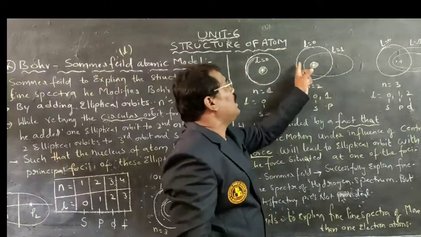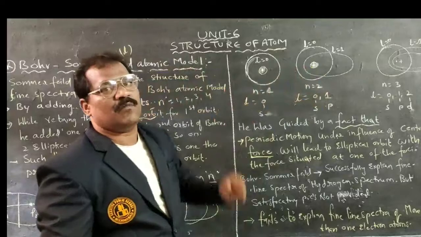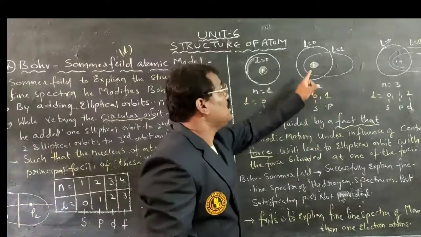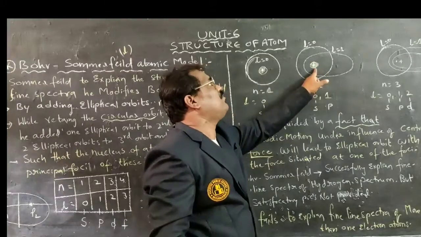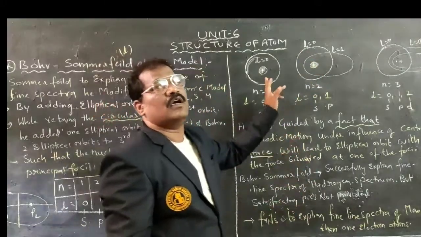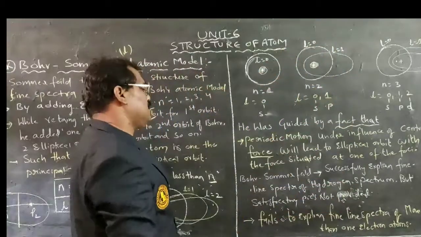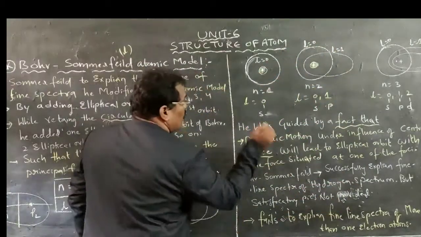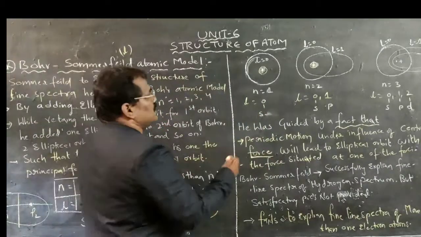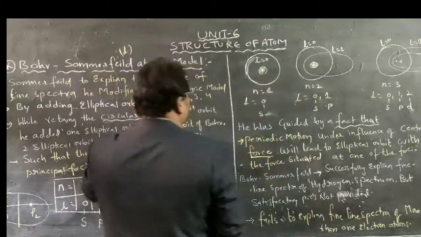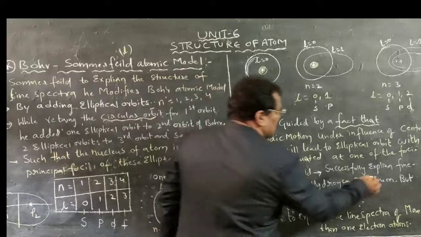But when you go for an elliptical orbit, it means what? L is equal to 2, n is equal to 3. Within those orbitals, the nucleus of the central atom will be existing at one of the principal foci of what? The elliptical orbit, and the electron will be orbiting continuously. That particular phenomenon was explained by whom there? Sommerfeld. Based upon this particular phenomenon, Bohr as well as Sommerfeld successfully explained the line spectra of